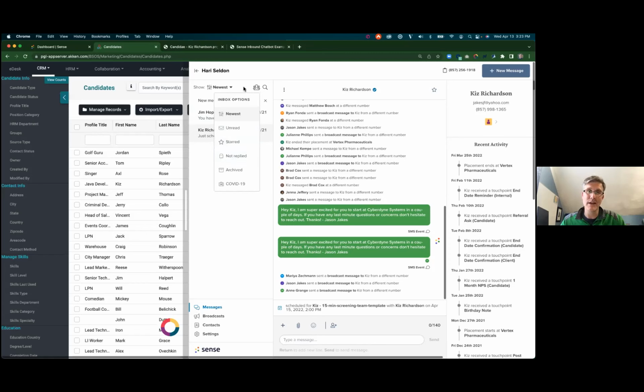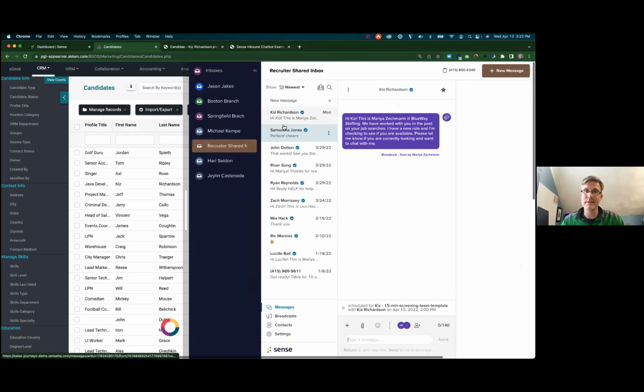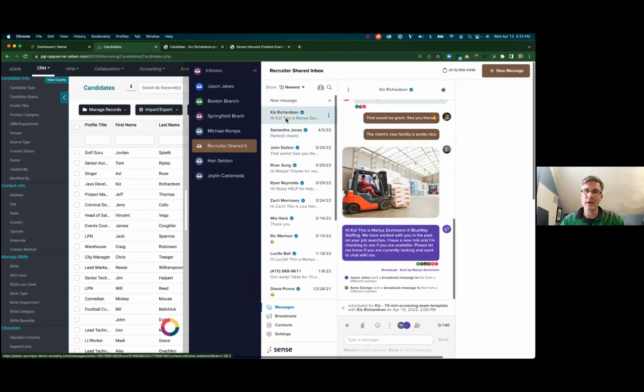And you can also create conversation associations. So you can assign conversations to people. So there's a lot of good functionality as far as collaboration goes. But going back to what I was saying before about the shared lines, if I go into a shared line,